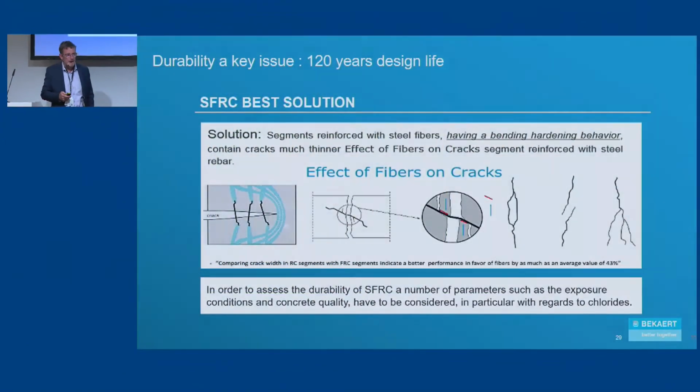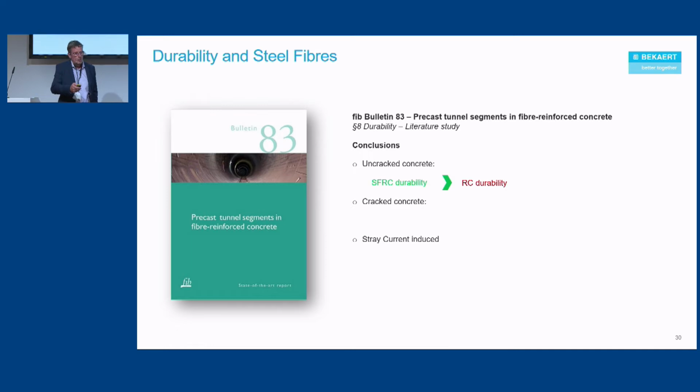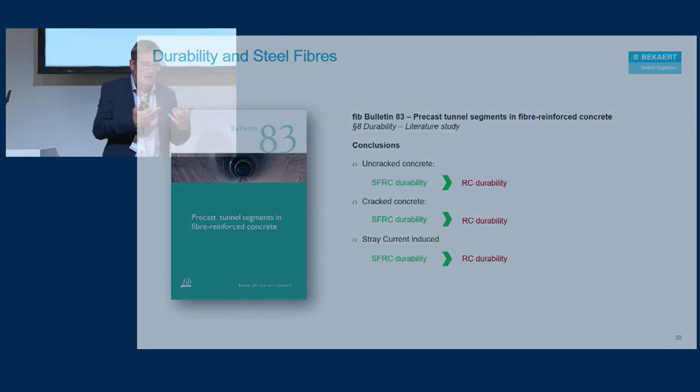Durability. Well, it's a topic by itself, but most of the projects are designed with 100 years, 120 years design life. Cracking control is key. That's why we use steel fiber. If we don't go too much in detail on the state of the art, chapter 8 of the fib Bulletin 83 provides this detailed state of the art, saying best for the cracking concrete and best for the uncracking concrete as well. So there is a strong consensus today to say in terms of durability, fiber reinforced concrete is